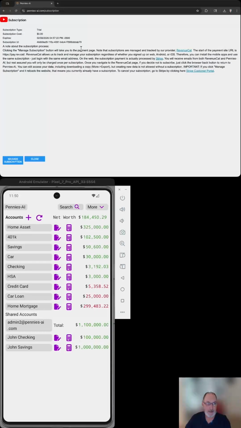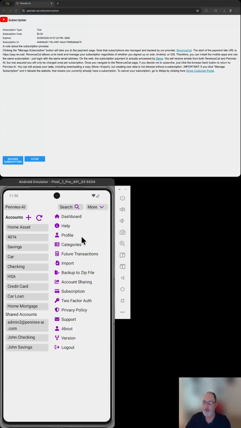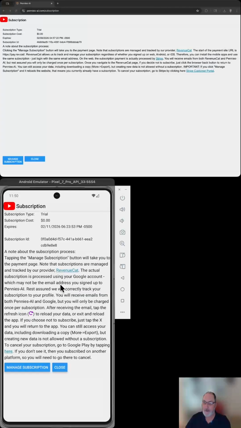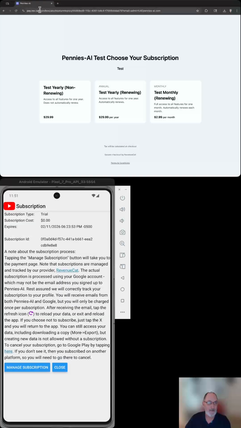This page is context aware, so it will change, as we'll see over here in Android. It'll look different. So if we go to more subscription over here, you see we're talking about Google Play and their portal. On the web, it's the Stripe portal. On Apple, you'll see a link to Apple's portal. So if we manage our subscription, it'll take you to RevenueCat. This is